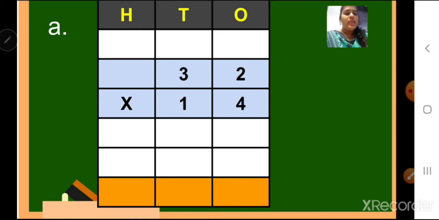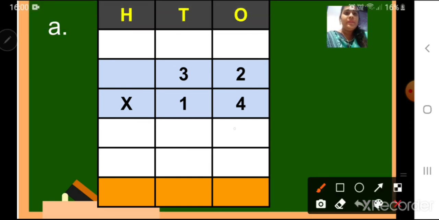Now A1 is 32 multiplied by 14, correct? So let us multiply. First we will multiply with the number 4. 4 2s are 8, then 4 3s are 12, correct? So 1 will be carried over and 2 you write down here. Is there any number that we can multiply in the hundreds place? No, there is only one carry over. So put it down. Children, don't multiply any number with the carry overs. Then moving towards the next digit, at the tens place.